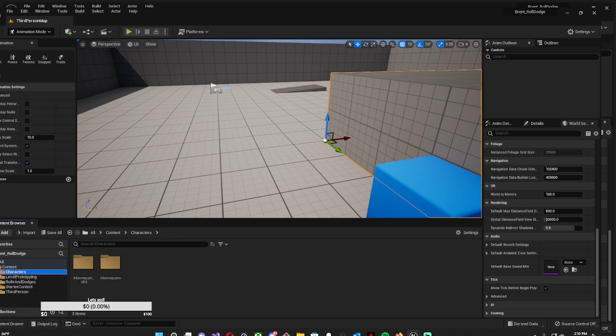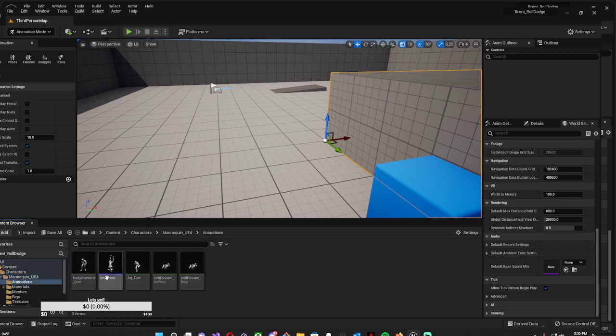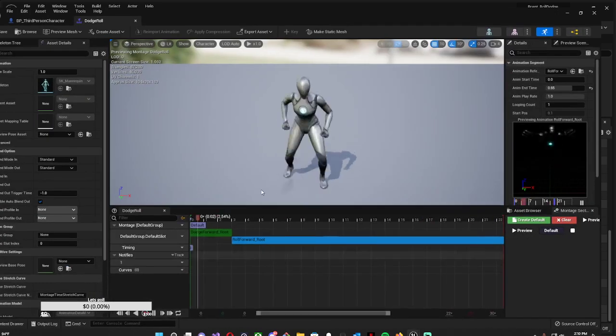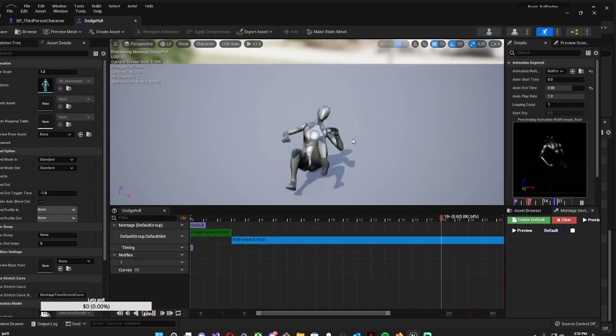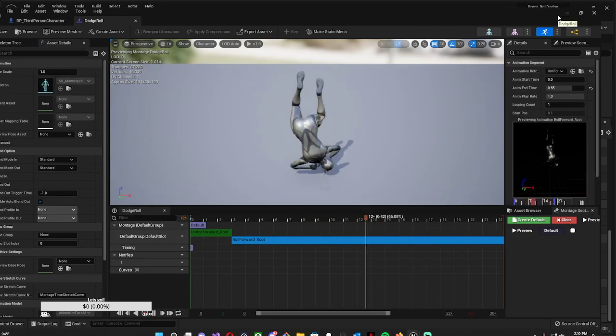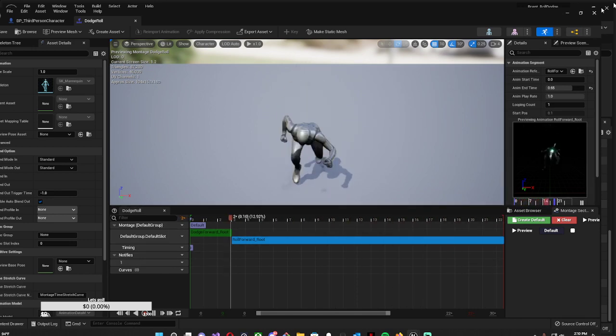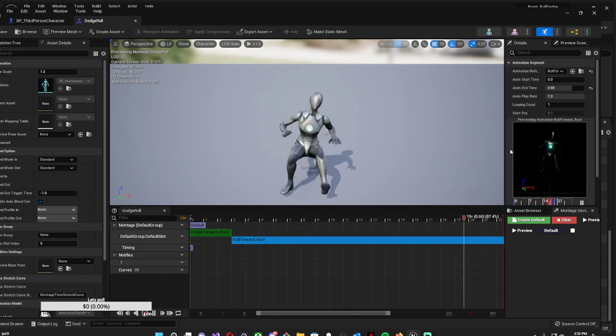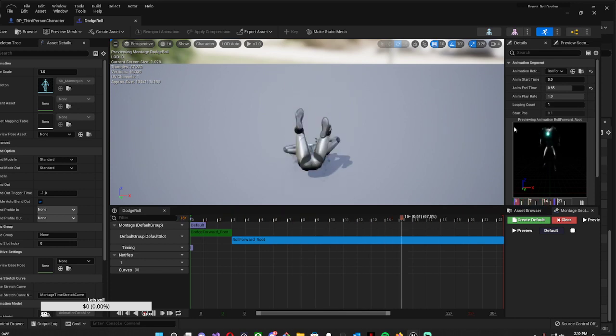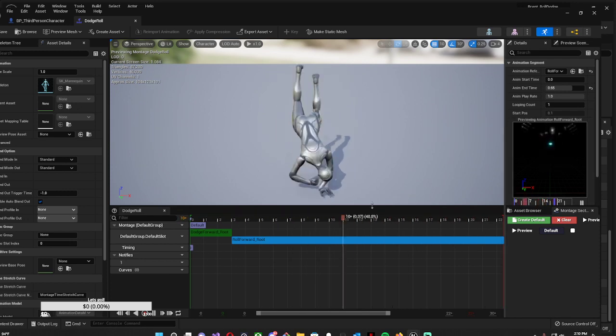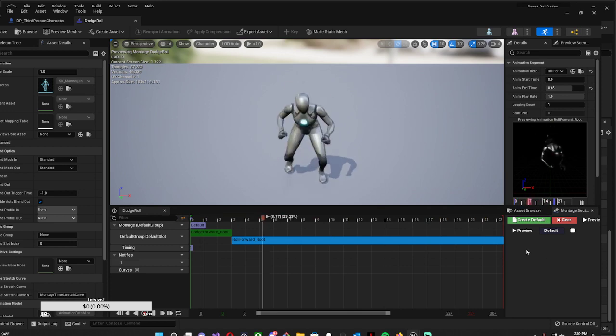So I go to my character, I go to my animations. I created a roll dodge. I used some of the animations in turn to create a roll dodge. The hard part was the timing on it, but once I understood and started doing more research on how to play with the timing and how to target the animations that I bought over to the actual mannequin itself, I